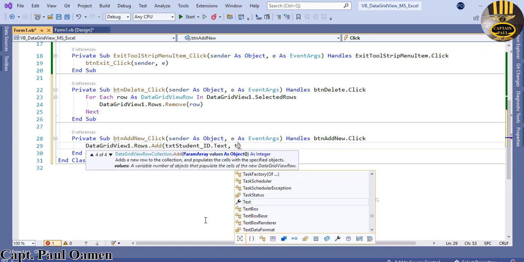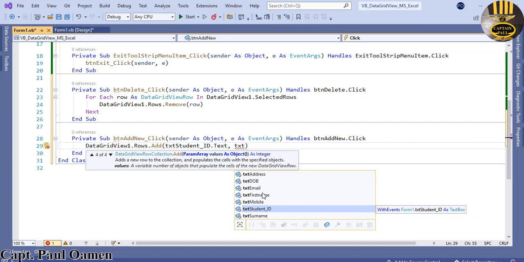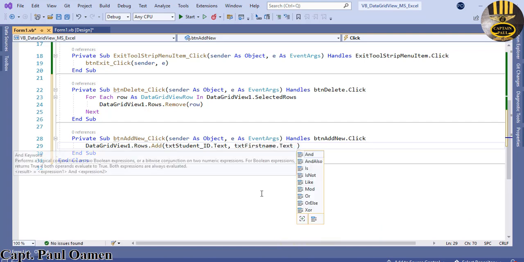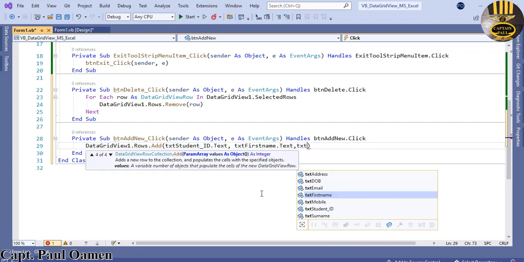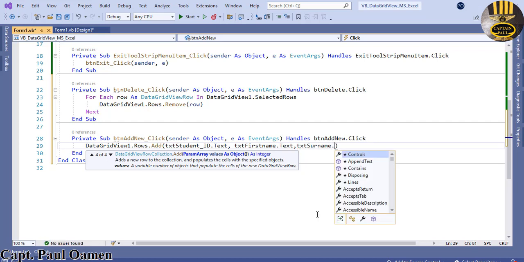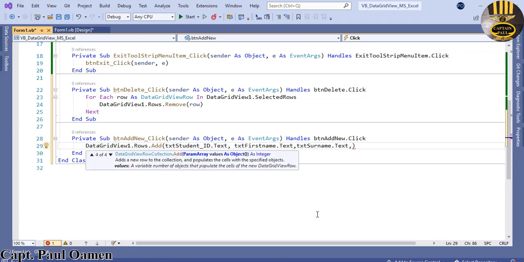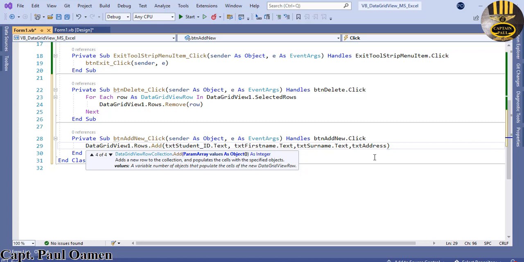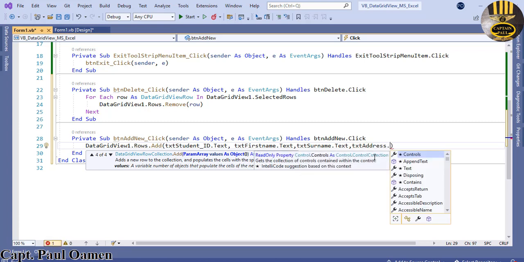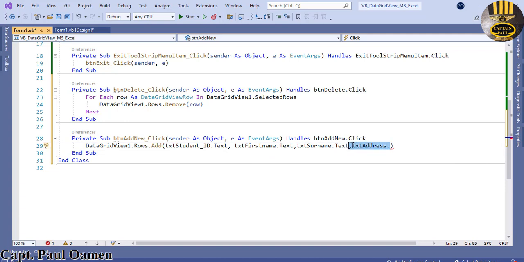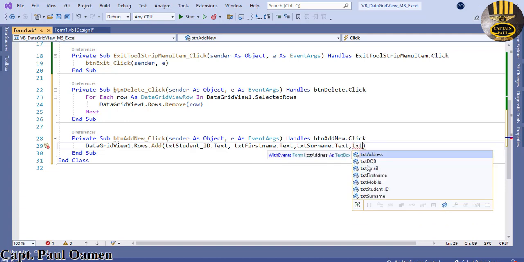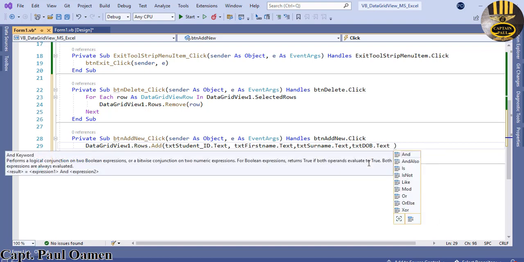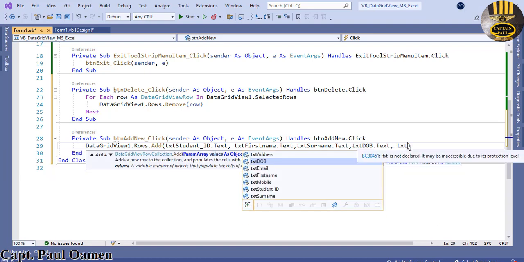We also have txt first name dot text, txt surname dot text, txt date of birth dot text, comma, txt, and we want,